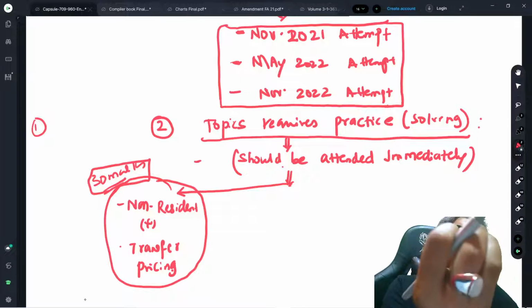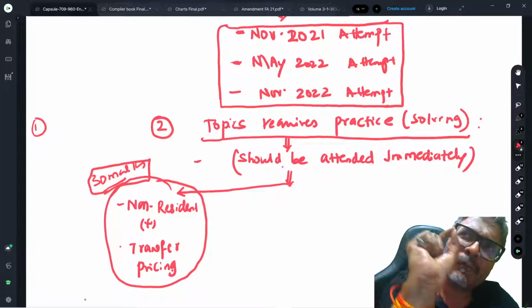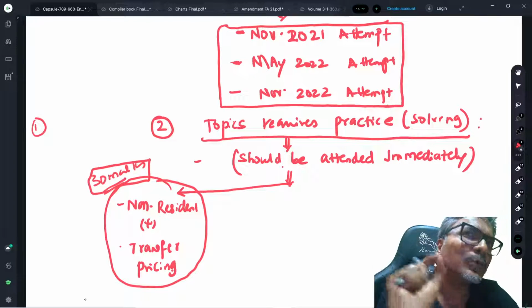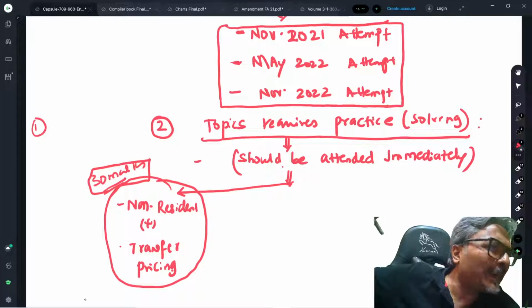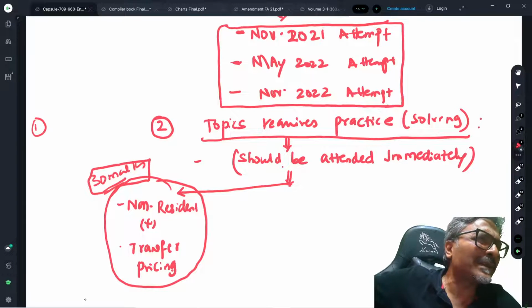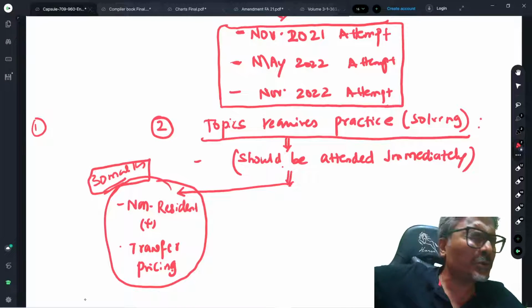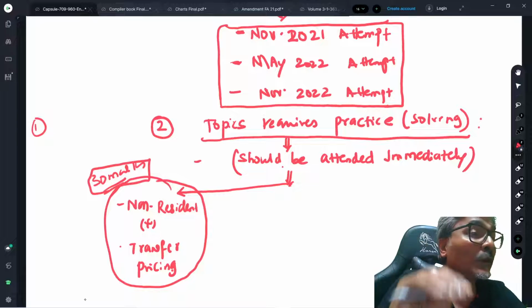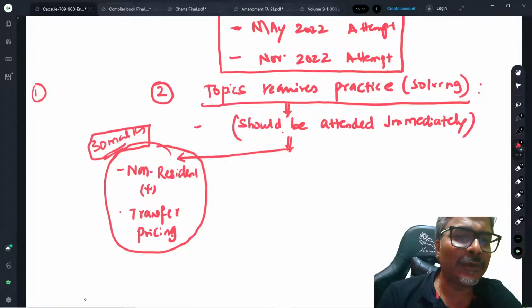And therefore, if you plan smartly, 1 hour daily or alternatively, whatever time that you do, please practice writing. Except for the theoretical part which you will read, the theory of international taxation which has the overview of the model convention, the interpretation principles and all, those you can read. But at least what I'm telling you to practice, students, do it without fail. I hope that every one of you is clear with this.